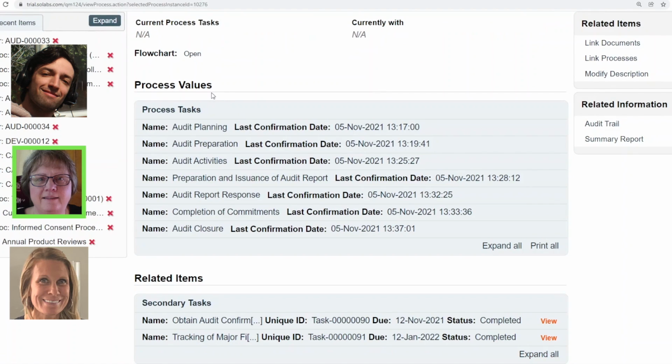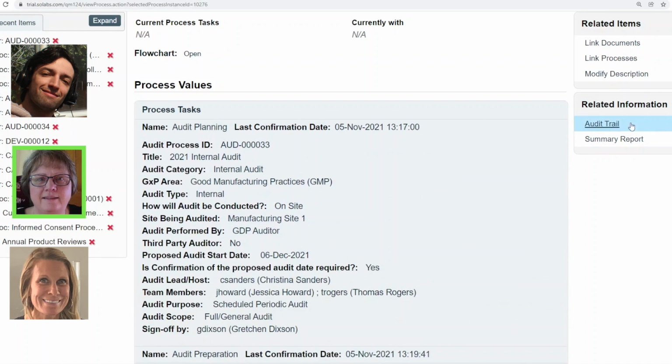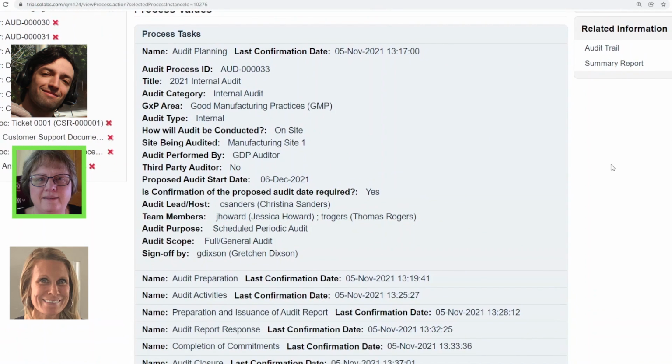But this process values table represents all of the steps in that flowchart that I just showed you. And we can expand each of these and talk about what you can enter into the audit process. So in the planning stage, you can enter what type of audit it is, whether it's an internal audit, a regulatory audit, a supplier audit. And these categories come from a custom list, so you can create those to meet your auditing types for your